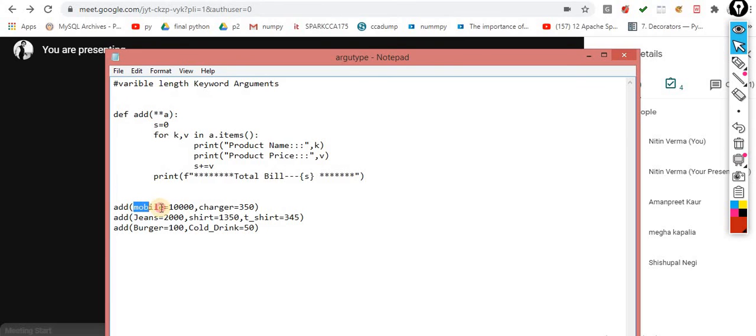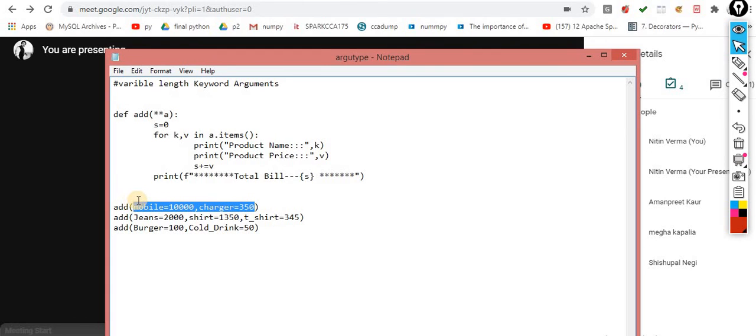No, whatever value that I am passing over here becomes the combination. These are the keyword arguments basically. When I am passing into this with the help of this double asterisk sign of a, it becomes a key value pair. So now how exactly is this treated here inside a?